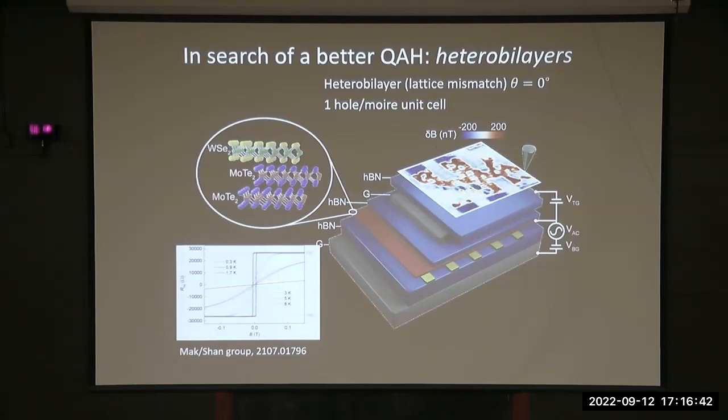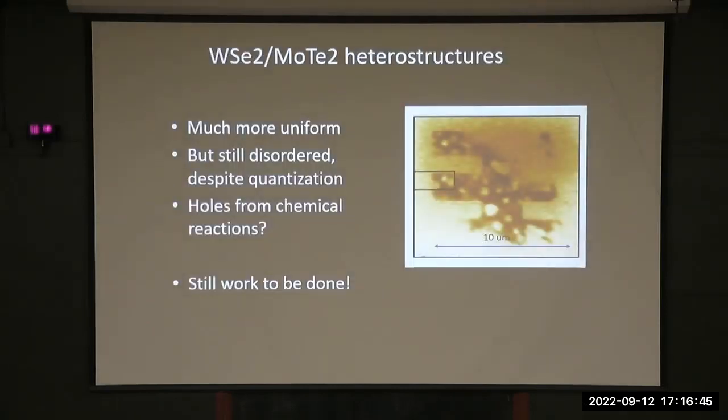And you can see that there's certainly structure, but we can look at that relatively carefully. And what we see is that there's plenty of defects, right? There are plenty of the same sort of bubbles, but there are large ranges, over many microns, where there's uniform magnetization. So this looks much more promising from the point of view of being able to realize low disorder moire structures. You have a correlation length for the twist angle, let's say, that is 5 microns rather than 200 nanometers. And that's very helpful. There's still lots of work to be done, but that's the direction that I think we're slowly going in the materials science of